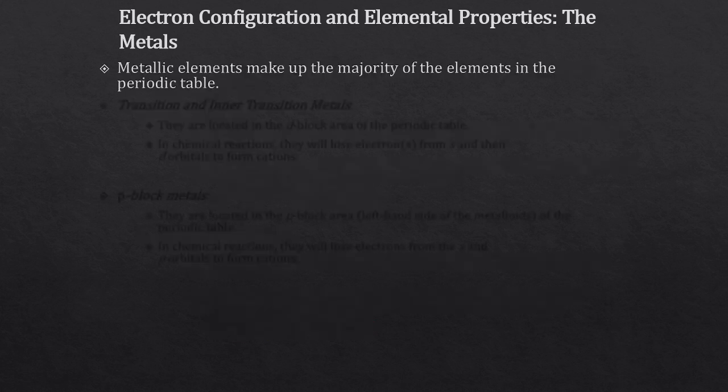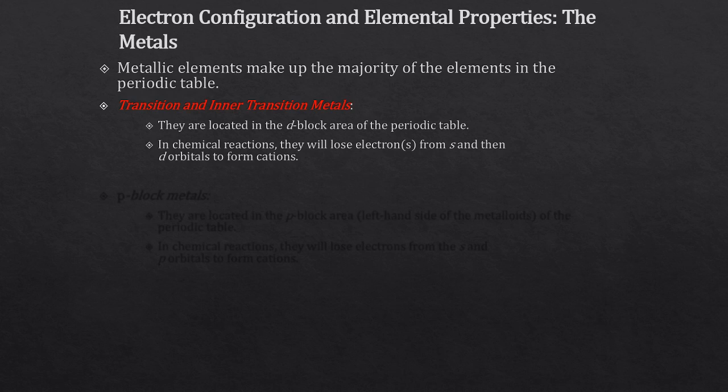So now we have some more metals. The transition and inner transition elements are located in the d block and the f block for the inner transition elements. These are going to tend to lose electrons from the s orbitals and then the d orbitals to form cations. What you'll notice is we didn't say they specifically lose 1 or 2 electrons. They lose